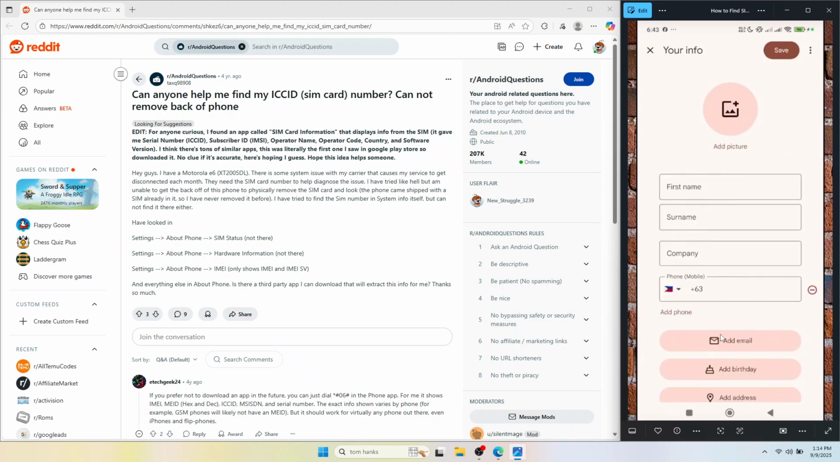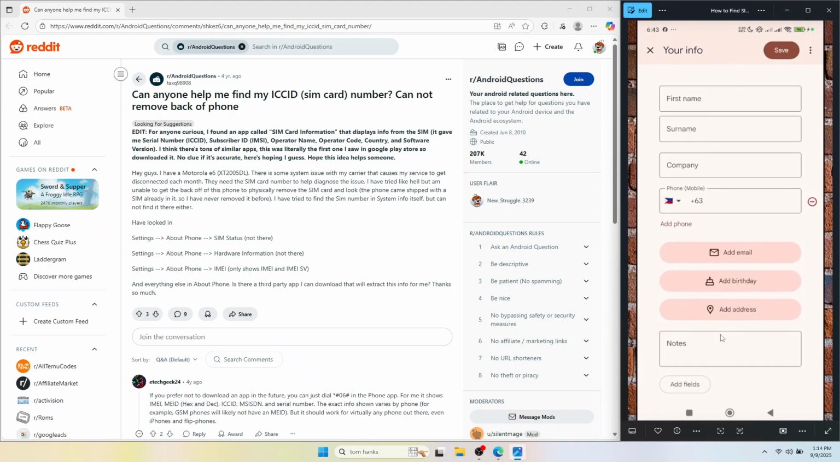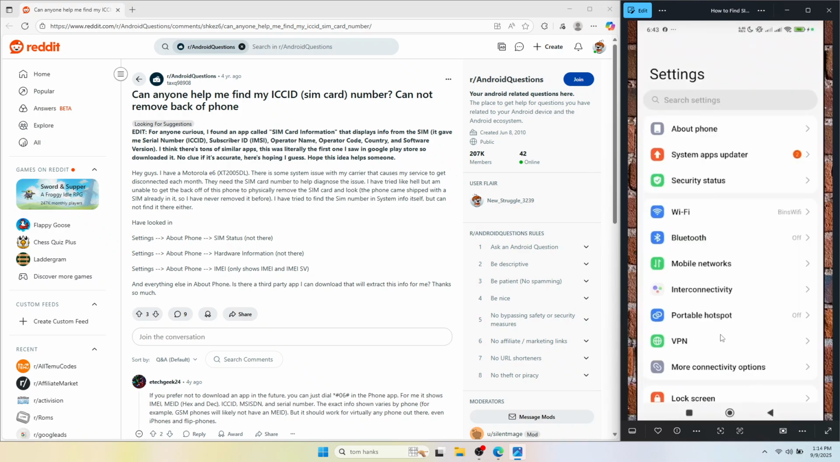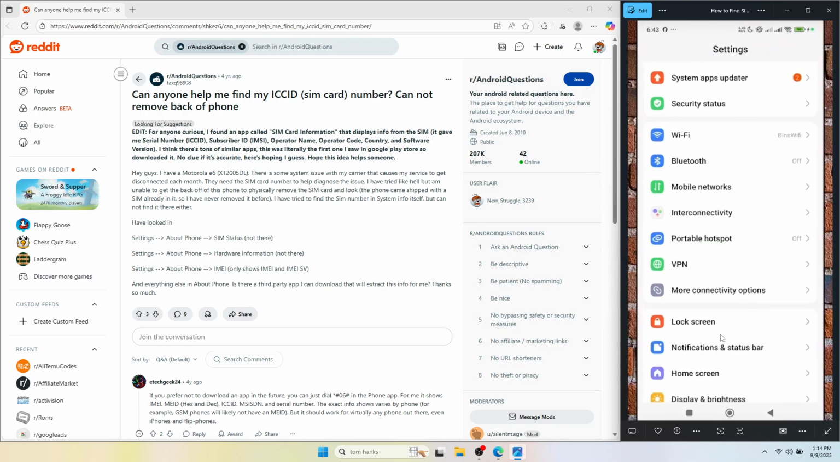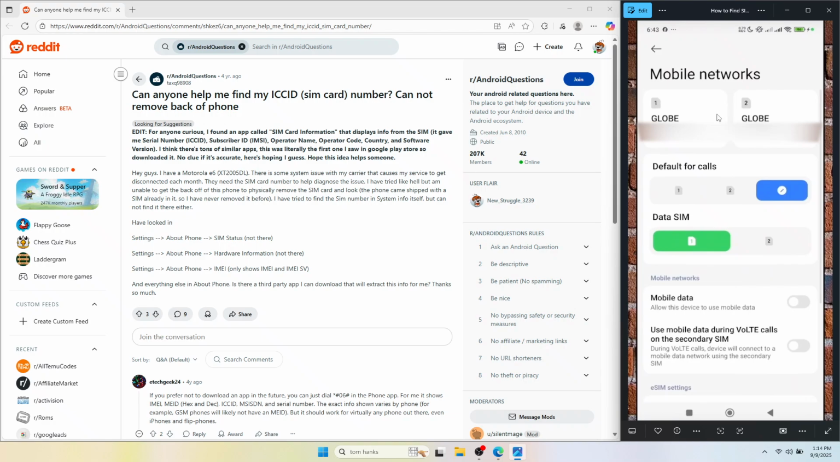If the number isn't listed in Contacts, don't worry. Go to your phone settings. Scroll until you find options like mobile networks, SIM and network, or connections. Depending on your device brand, tap it and you should see your active network along with your SIM number or mobile number displayed underneath. On some Android models, you can also check by opening the phone app and going to